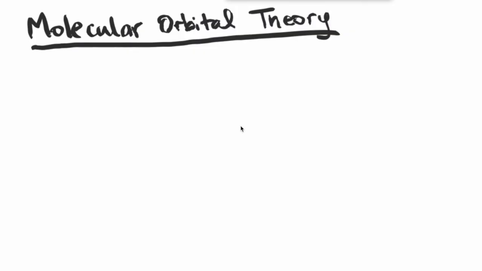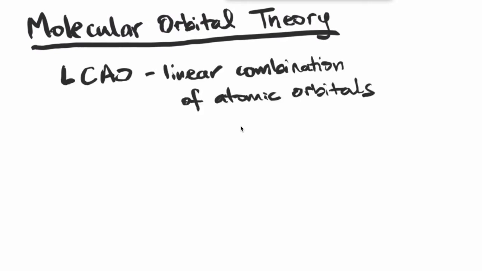Put in simple terms, molecular orbital theory, or MO theory, is using math to blend all the atomic orbitals within a certain molecule and spit out what is known as molecular orbitals. So we no longer have individual atomic orbitals from each atom that we use in valence bond theory. Now we have orbitals that represent the entire molecule. In fancy terms, that's known as linear combination of atomic orbitals, LCAO.